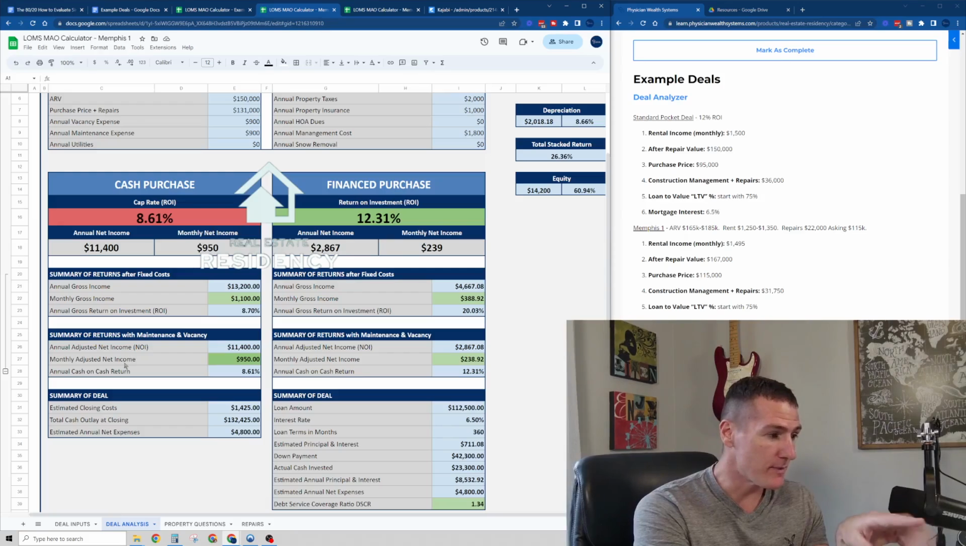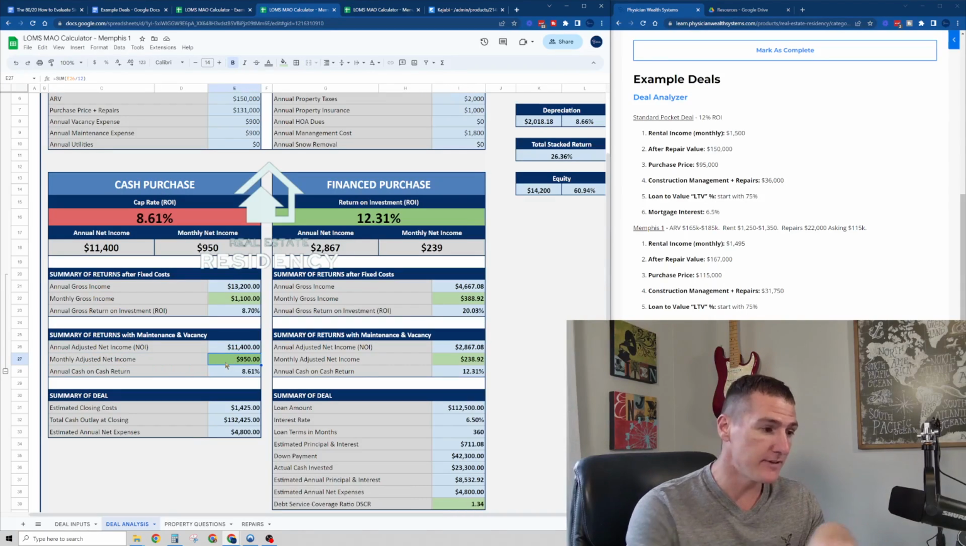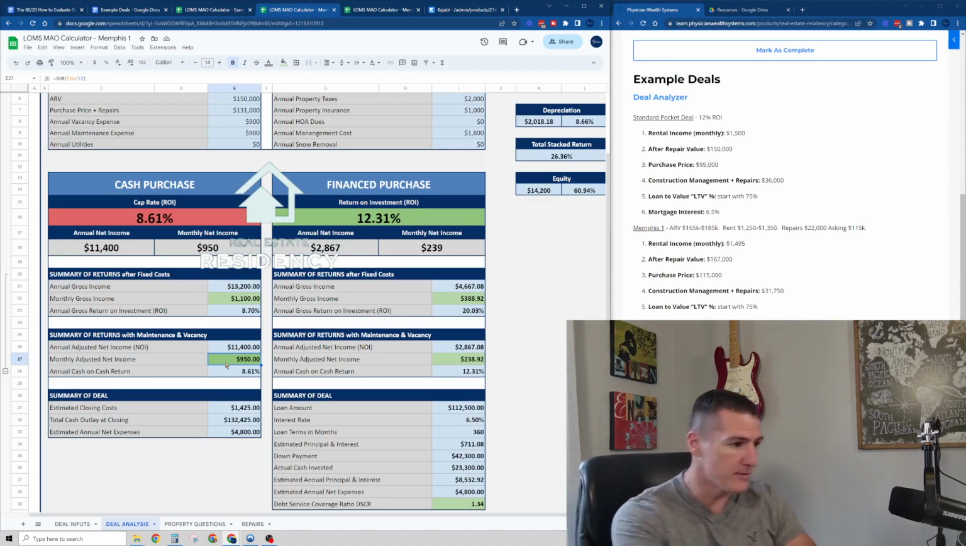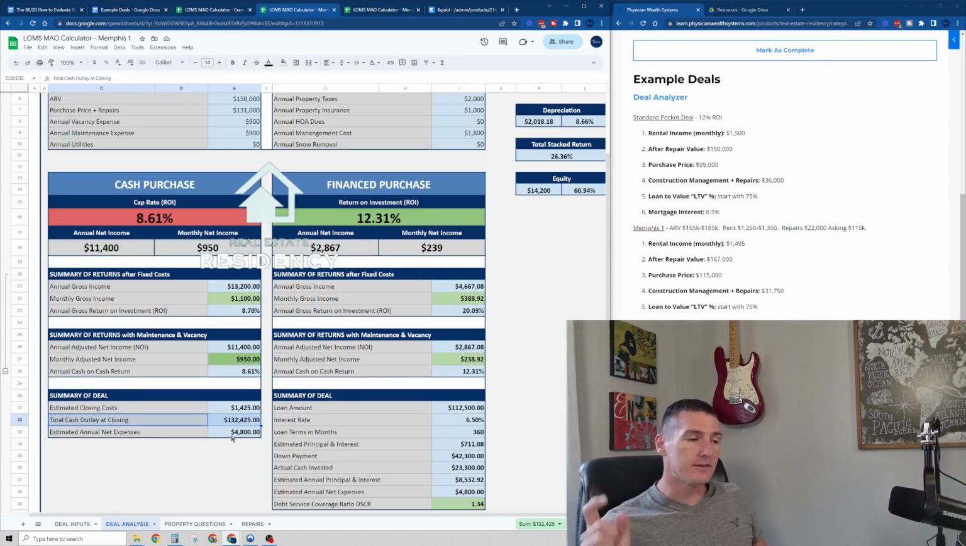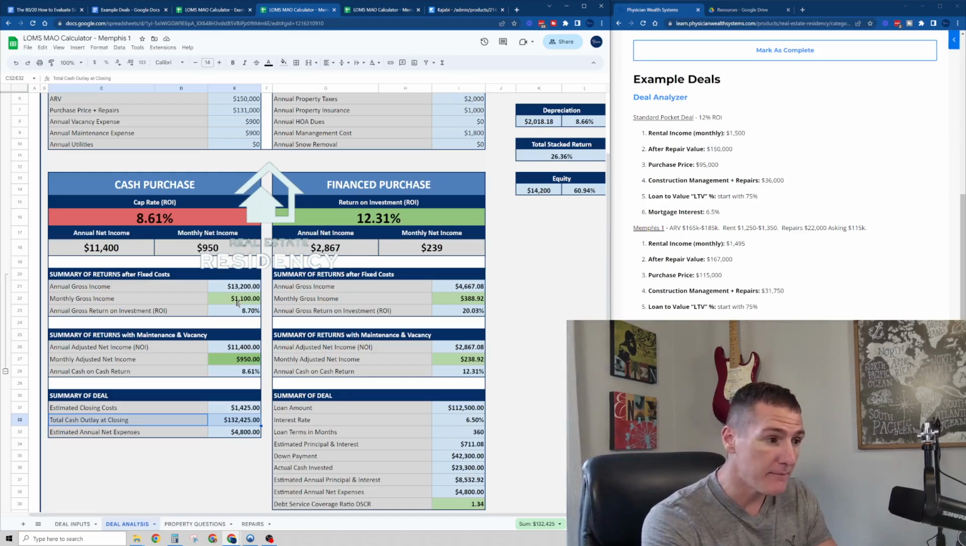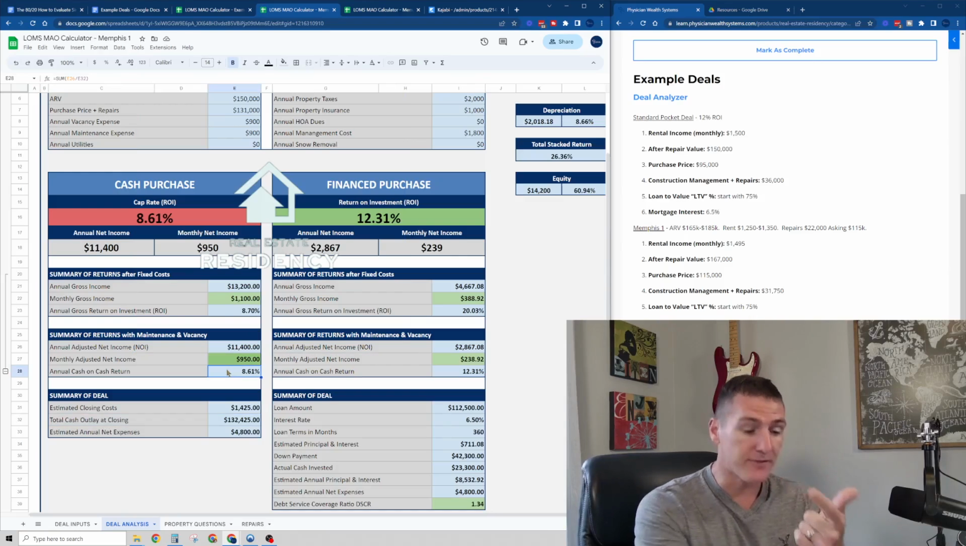That's the biggest takeaway from there. And the other thing I would look at on the cash purchase side is the adjusted net income of $950 a month. So if I had 100, you can see my total cash outlay right here, $132,500 into this deal, I know every single month I would get back $950. And then the holdbacks are set aside. If I'm not accounting for the holdbacks, the 5% vacancy, the 5% maintenance, I'm actually bringing in $1,100 a month